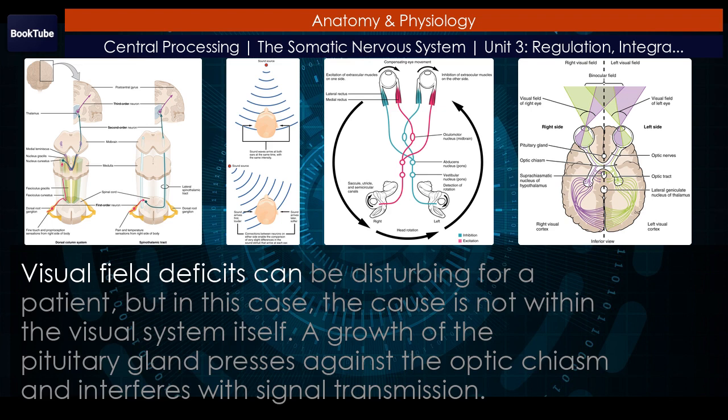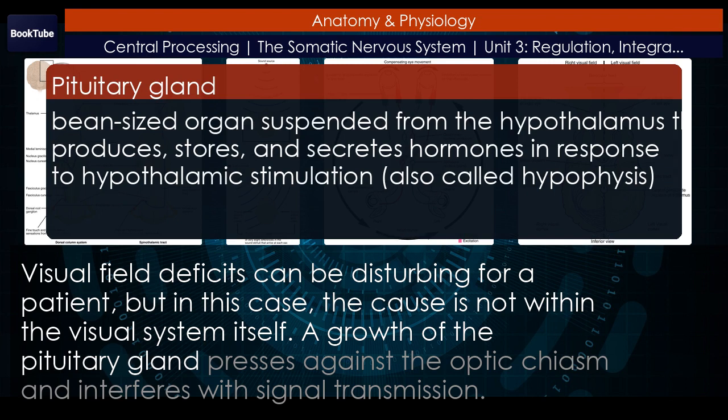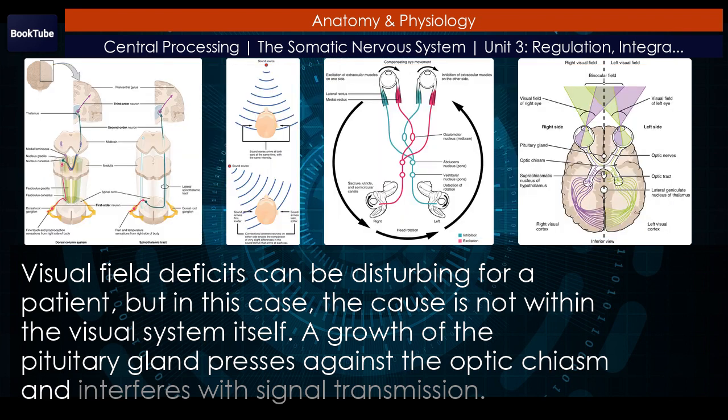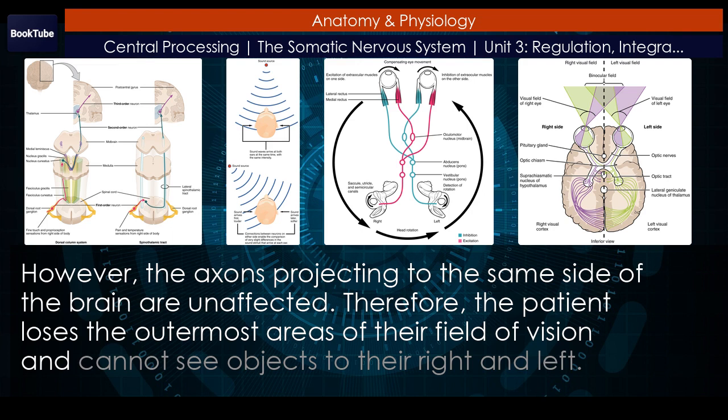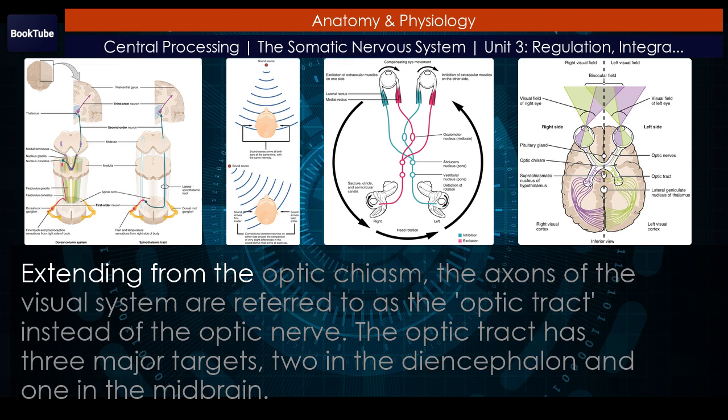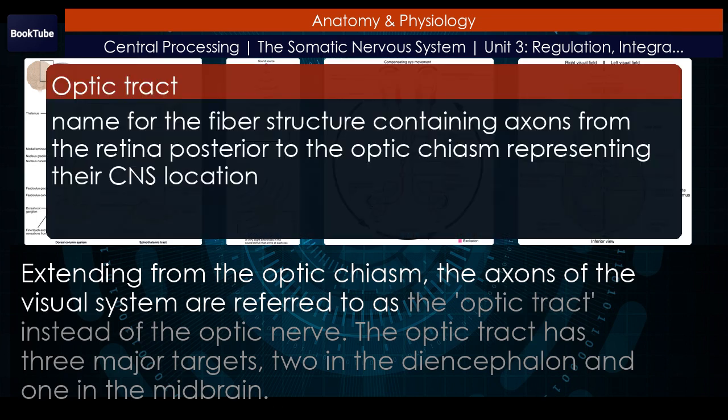Visual field deficits can be disturbing for a patient, but in this case, the cause is not within the visual system itself. A growth of the pituitary gland presses against the optic chiasm and interferes with signal transmission. However, the axons projecting to the same side of the brain are unaffected. Therefore, the patient loses the outermost areas of their field of vision and cannot see objects to their right and left. Extending from the optic chiasm, the axons of the visual system are referred to as the optic tract, instead